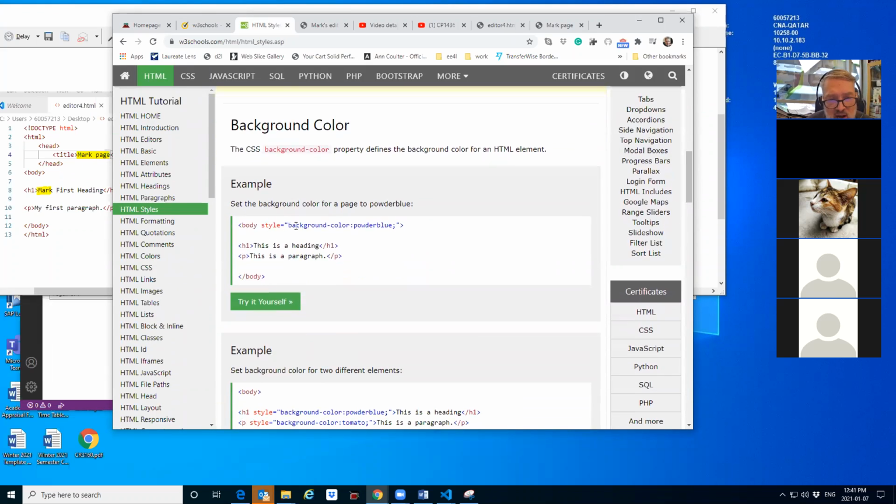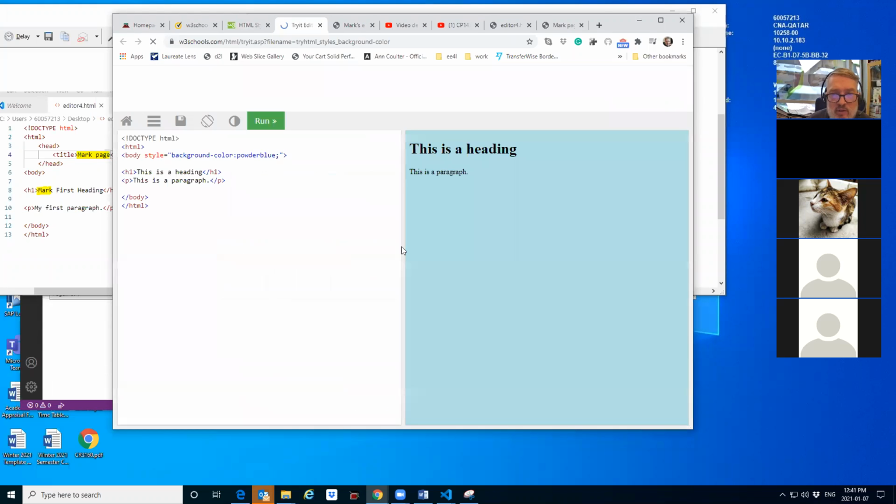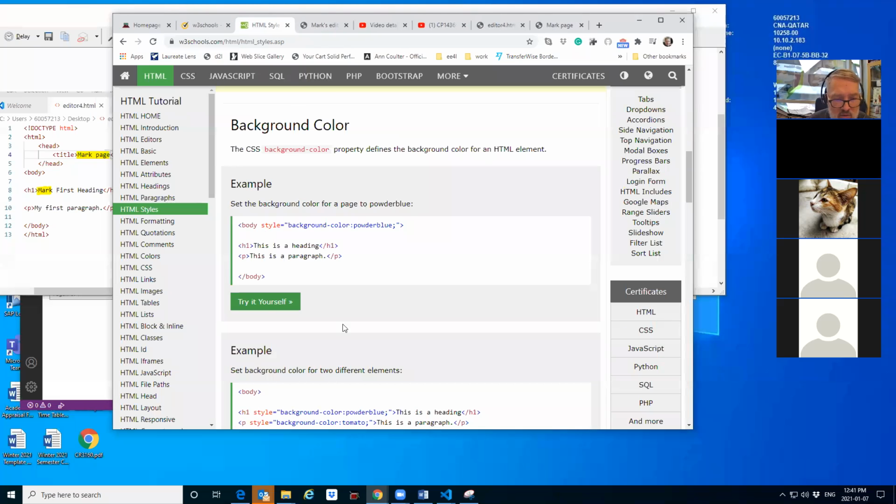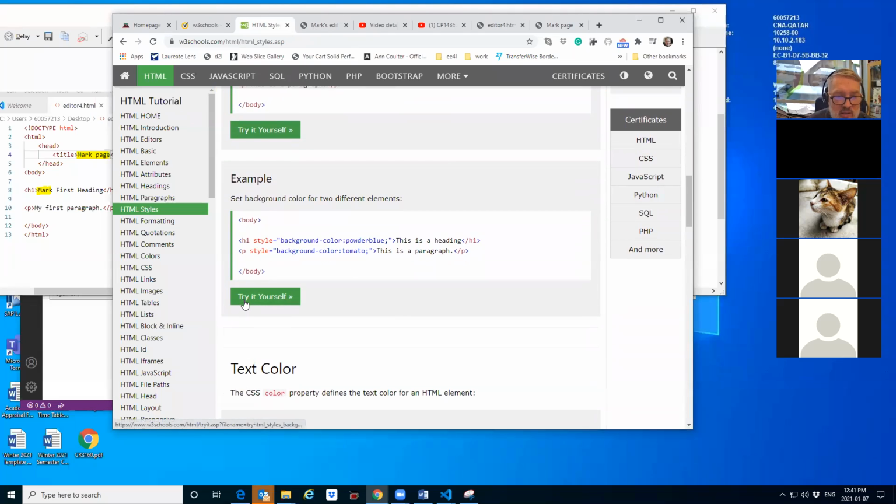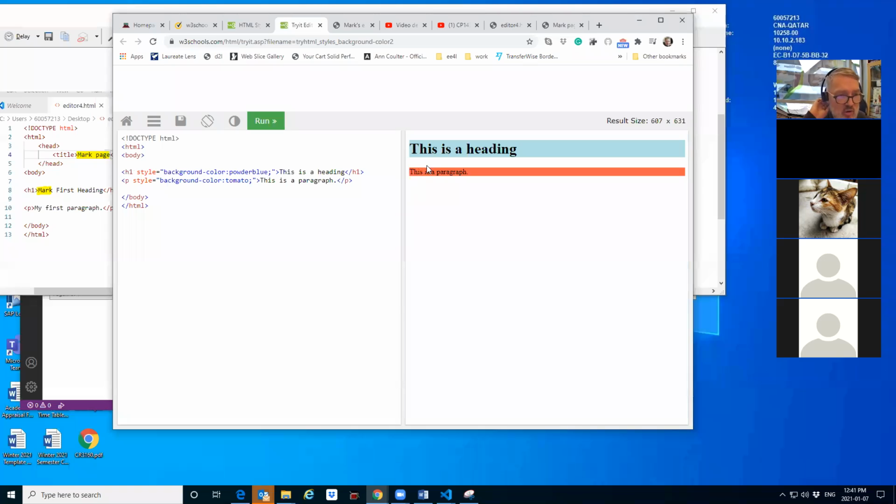So we got another one, a style inside the tag there of the blue background. When we do that, we get this thing here with the blue background. Yeah, that's nice. So close that. And then we got the other example here. So you got a couple of things that you got to show there, right? So what you would have to do when you get to this, because it's got more than one, is you would have to,